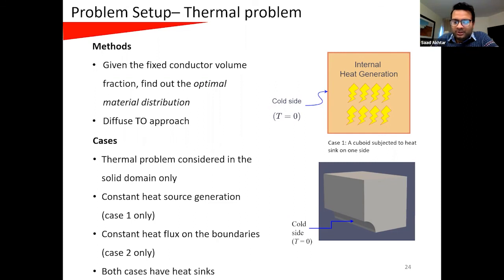We tested that for two different problem setups. One is a quarter pipe in the box, and the other one is a cuboid subjected to a heat sink, so it's basically an extension of the 2D problem to 3D. It has just constant heat source generation. I'm talking about the top one, and the bottom one is a quarter domain that is modeled. You have a cooling pipe that is cooling the body around it, and you want to see how the topology optimization works in that case, and